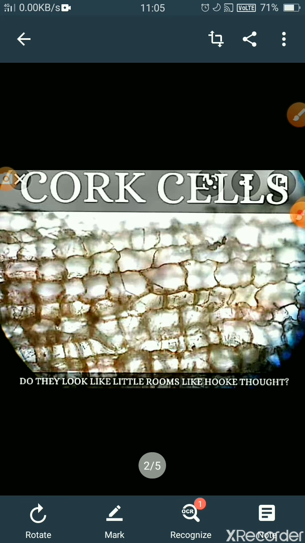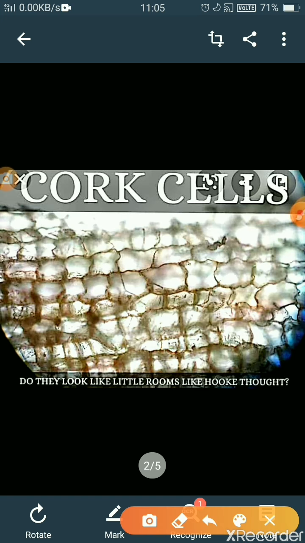So, he called these little boxes cells. This is a single cell. He also performed other activities, like observing an onion peel and an animal cell under the microscope. So he observed that all cells are joined in this way and they are the smallest unit of the whole organism.